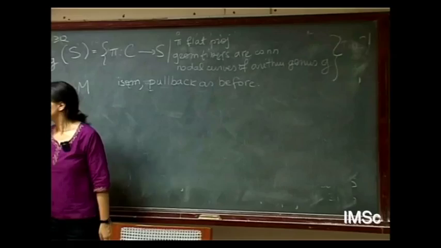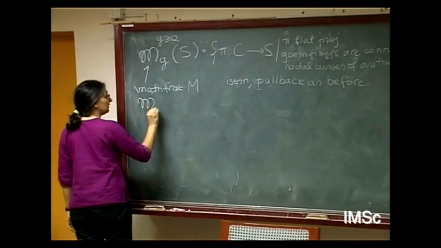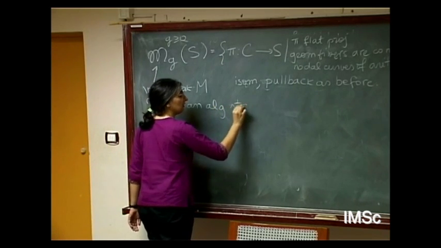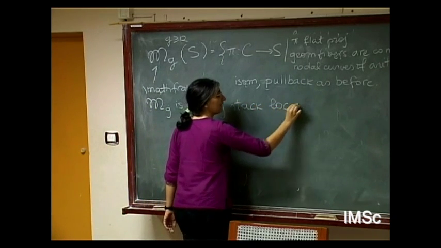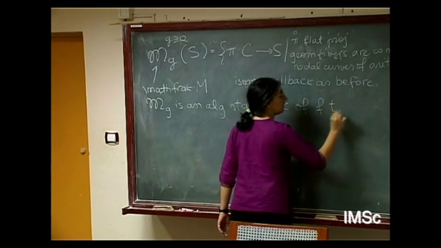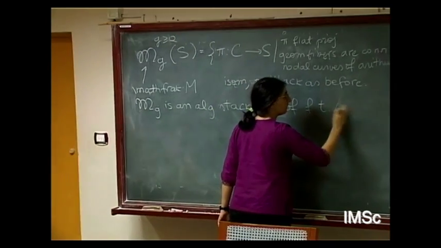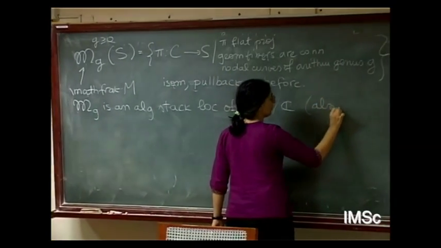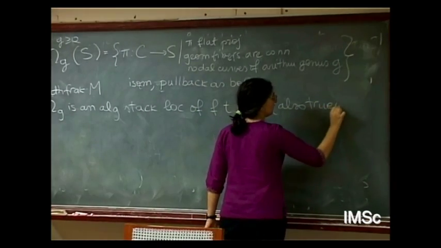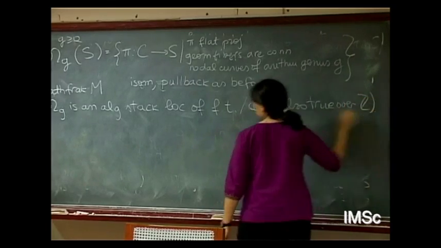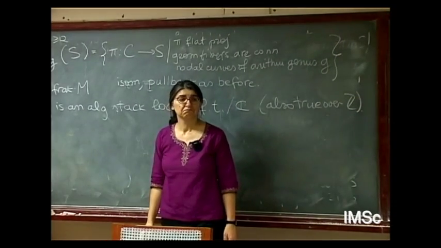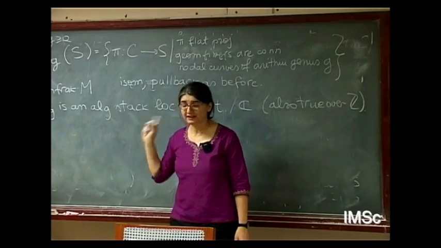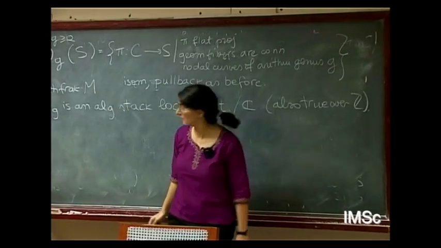And I want to show you that MG is an algebraic stack locally of finite type, actually again over Spec Z, but let me just work over C. It is also true over Spec Z, but I don't want to prove this. I don't require anything. I just insist that it's nodal. In a moment, we'll see that I could even go weaker than that.